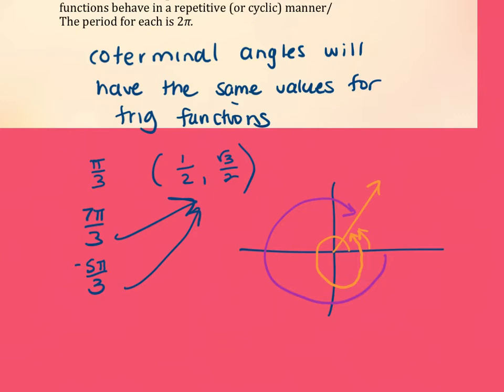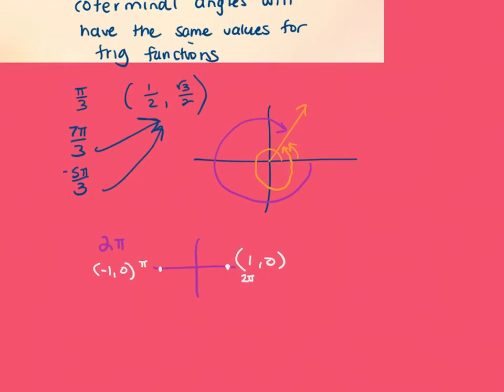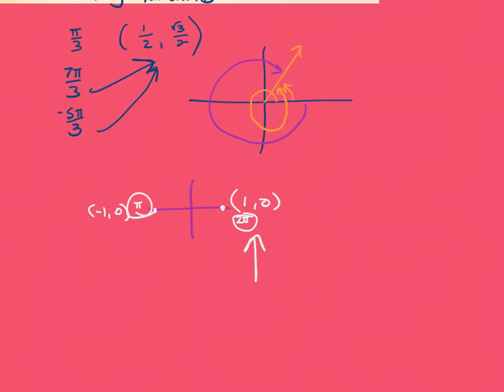So thinking about that, if I asked you for the coordinate point at 2 pi, what would you tell me? What's the coordinate point on the right there? 1, 0. How about pi? Negative 1, 0. So we've got 2 pi on the right and pi on the left, which means every even whole number